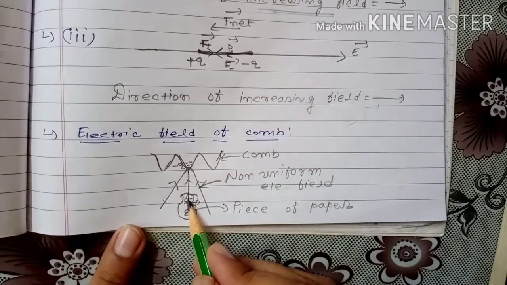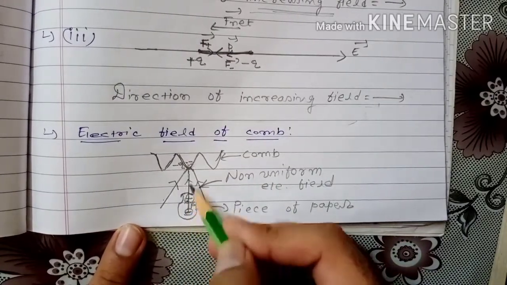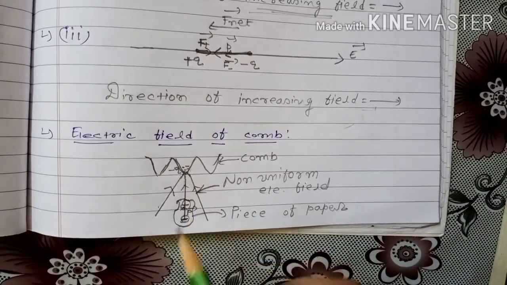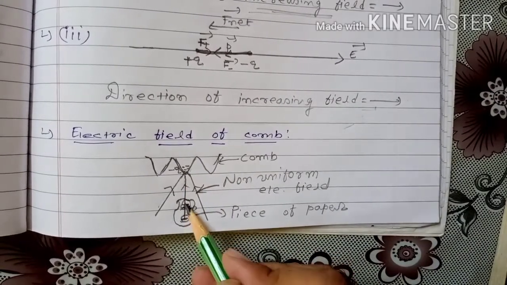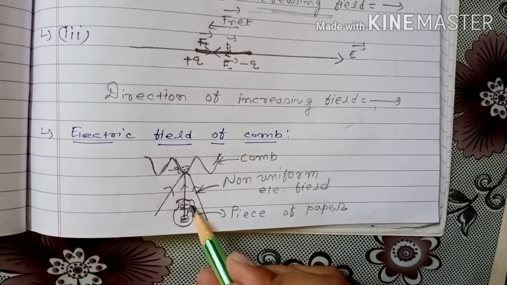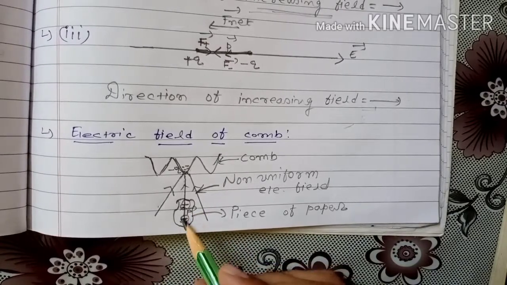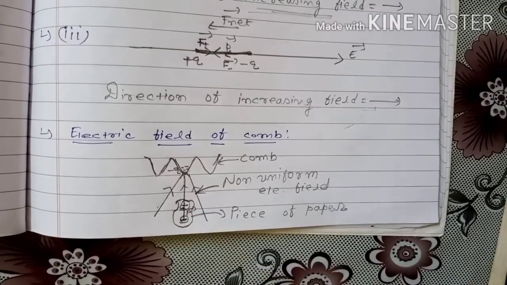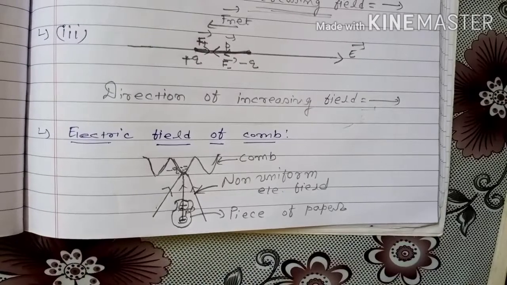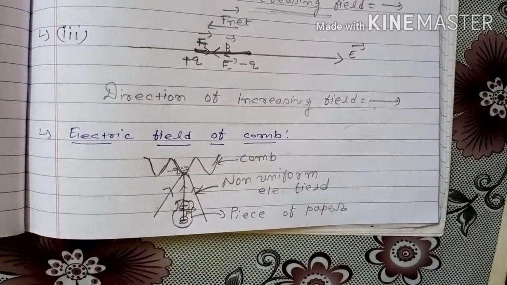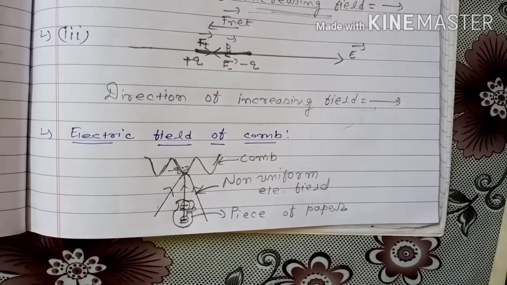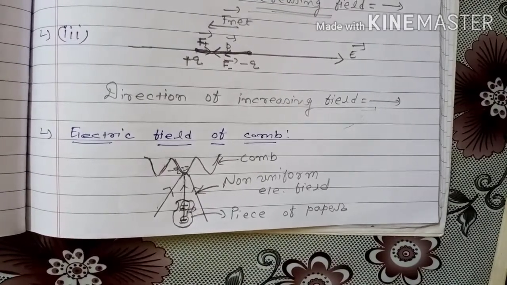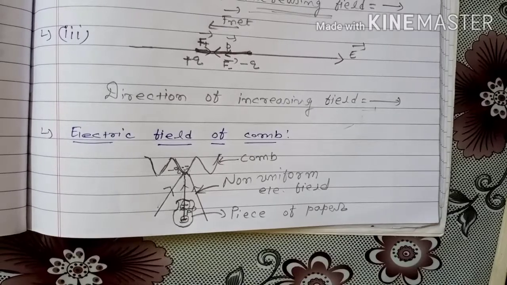The negative charges will experience force in the direction opposite to the electric field. This negative charge will exert repulsive force on electrons. So these electrons will get repelled from this end of the piece of paper. After losing electrons, this end of the piece of paper will become positively charged and this end is negatively charged. It means positive and negative charges are separated by a finite distance. If equal and opposite charges are separated by a finite distance, then a dipole will be created.